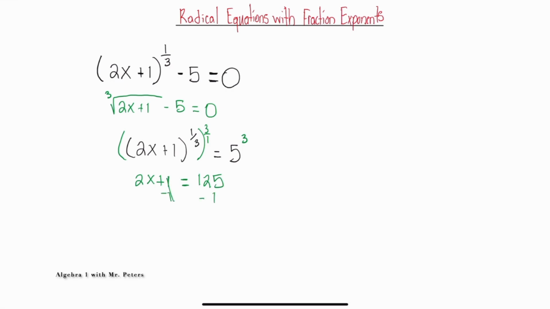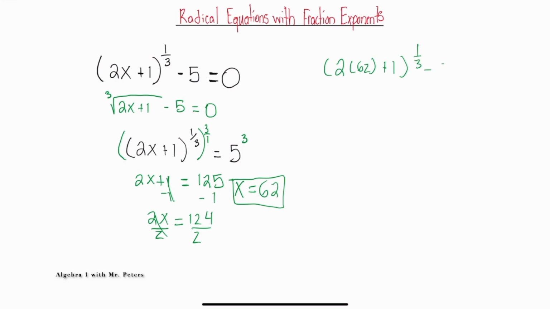We subtract 1 on both sides. We're left with 2x is equal to 124. And then after we divide, we know that x is going to be equal to 62. So just like any other type of equation, we need to make sure that we plug this back in to determine if this is an extraneous solution. So once we do this,